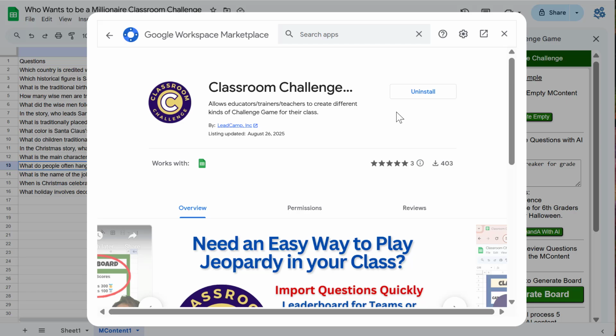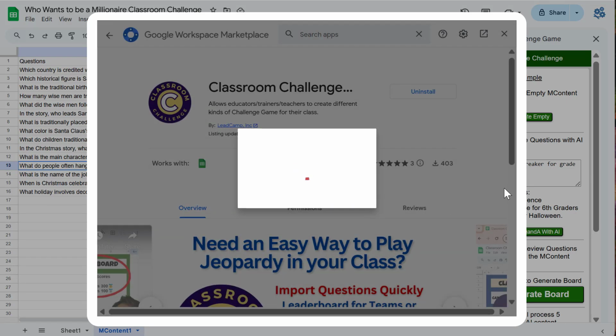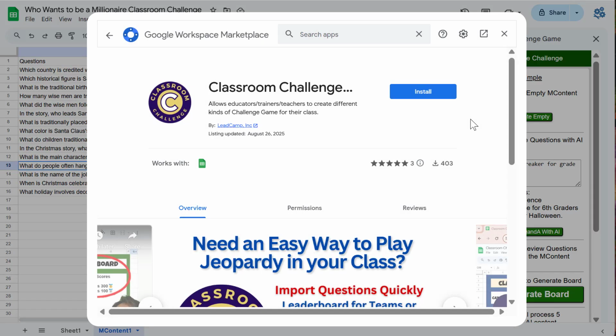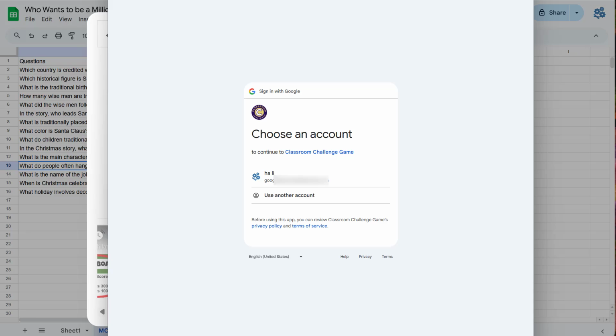But if you don't have it installed, you see something like this. Let me just uninstall this app. So yeah, you'll see something like this, a blue button. All right, once you click this install button here, it will ask you to authorize this extension to run scripts on your current Google Sheets or Google Spreadsheet. So let me show you that. Click, and it shows you something like this. And then you need to pick your account,